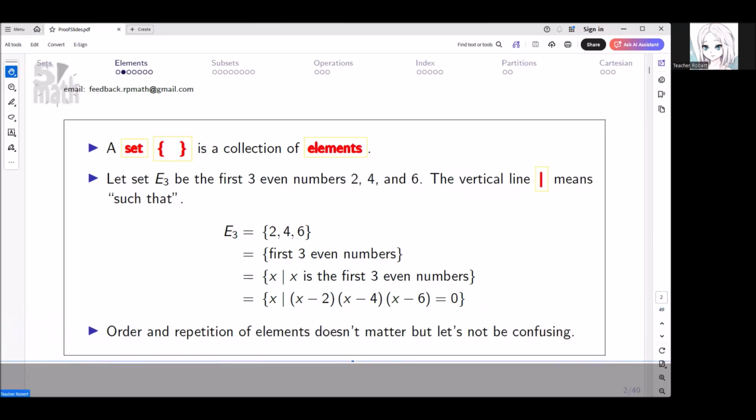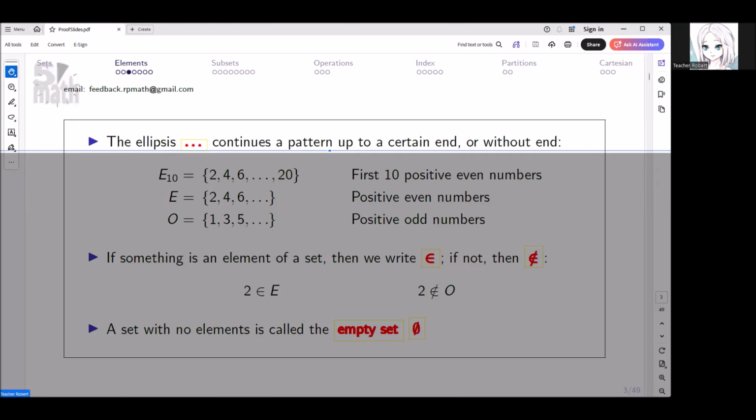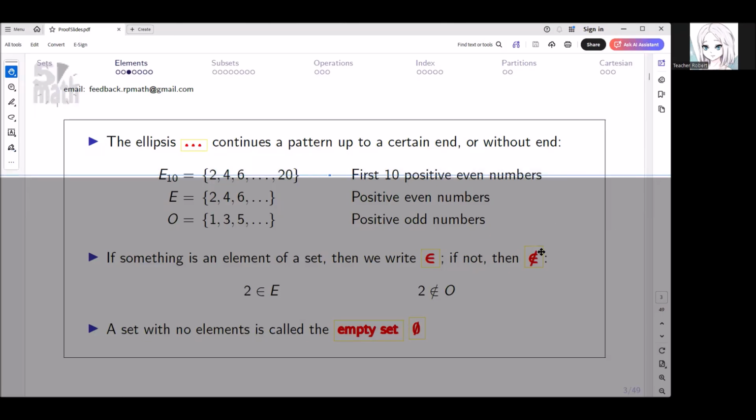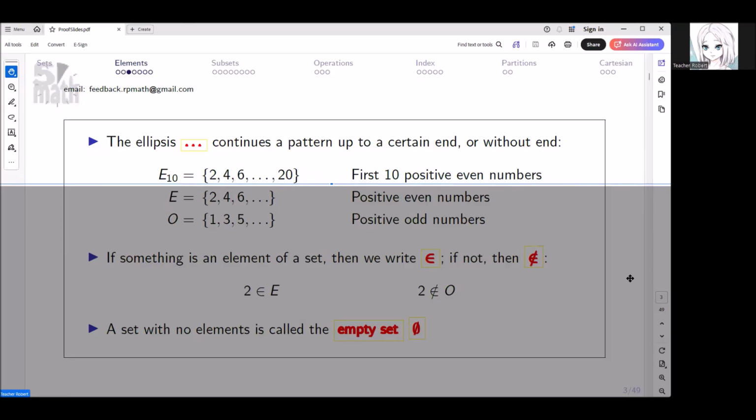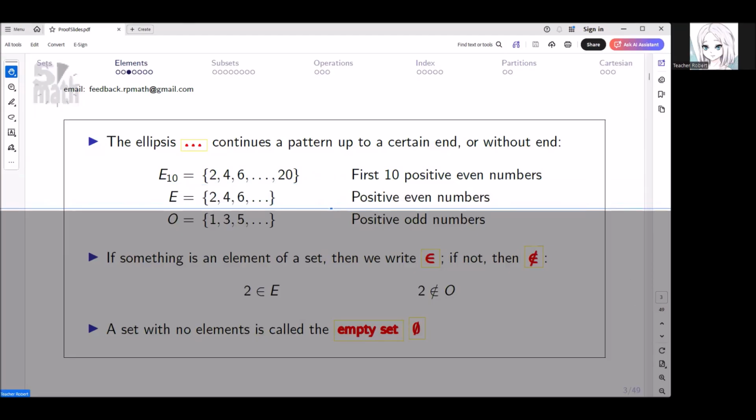Order and repetition of elements doesn't matter, but let's not be confusing. The ellipsis continues a pattern up to a certain end or without end. The first 10 positive even numbers, positive even numbers,